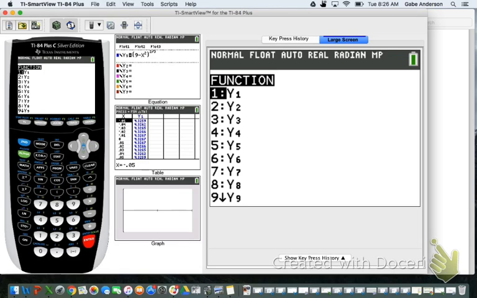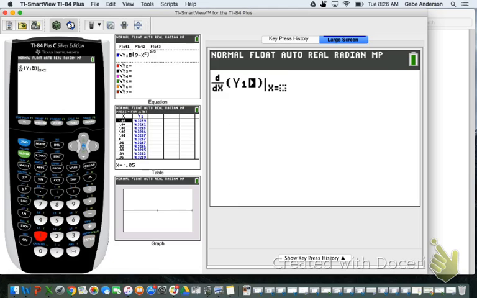And when you select function, look what shows up. y1, y2, y3, y4, dot, dot, dot. Now, where did we put our function? So go ahead and select y1, and look what shows up. d/dx of whatever y1 is. Now, if your y1 is blank, you're not going to know what to do the derivative of, right? But we put our function into y1, so you're telling it, do the derivative of whatever I have in y1,